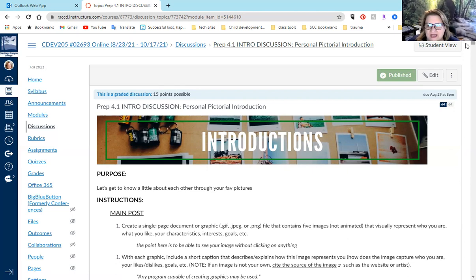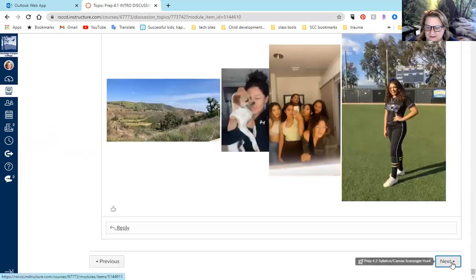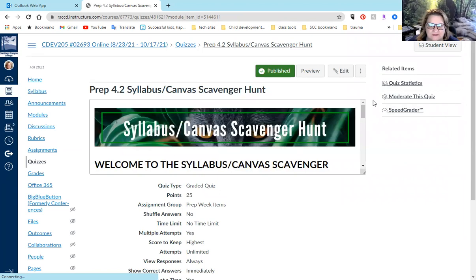So when you get to the very end, you just click next, or you can go next to the module. Look at that. SCC, yay. And then we go through a scavenger hunt. And Tisa already let me know I had something wrong in here, so I did update that. Again, you saw the announcements I put on the Oops Finder. Let me know the oopsies. You guys get a +1.